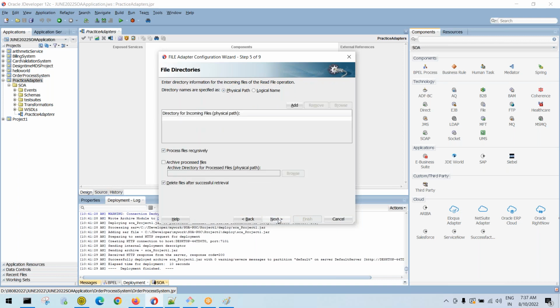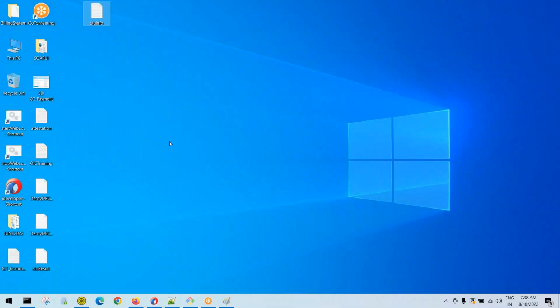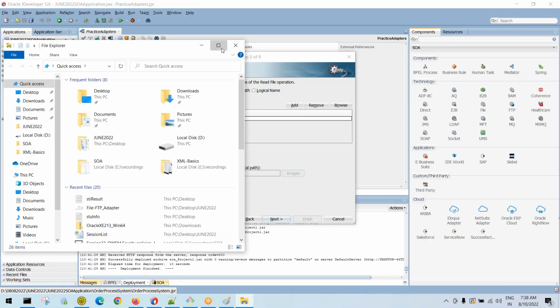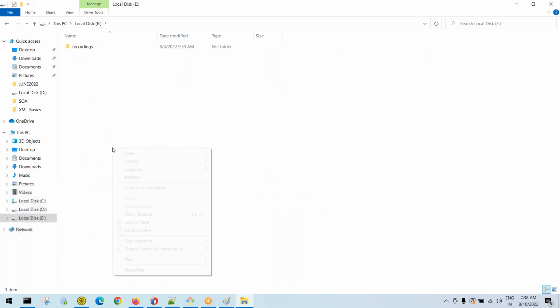Click next. So step number 5, this is a very important configuration. Directory name specified as, that means the file I want to read is in a folder, and there is a path for the folder, right? You can supply the folder in two different ways, physical path and logical name. In this example, I want to use physical path. That means I need to tell where my inbound file is. That I need to configure here. Let me choose a folder in my machine. I will say in F drive,